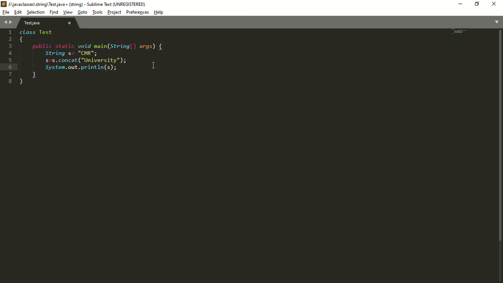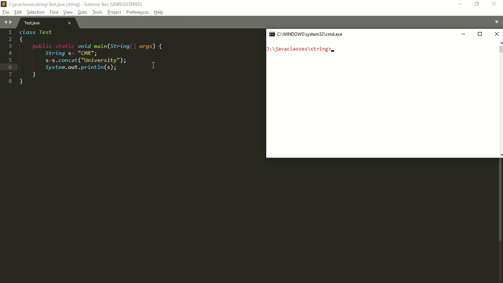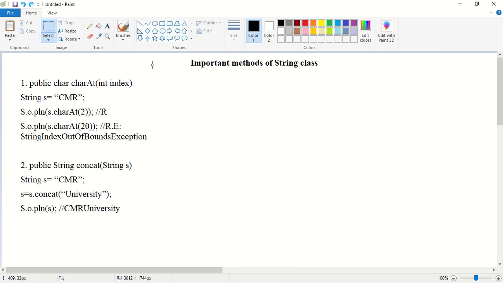What will be the output in this case? The output will be CMR University. Compile this code. Run the program. What is the output? Output is CMR University. So concat is a method which is used to join two strings.